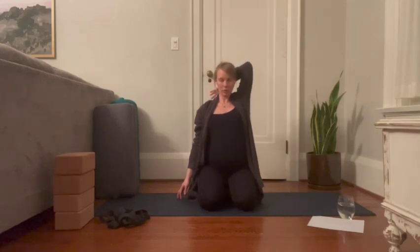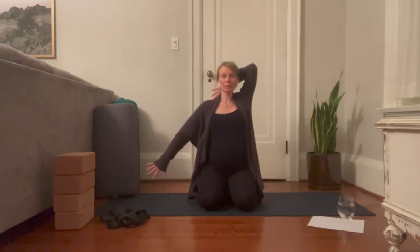and exhale, open the arms to the sides, stretch the palms down, reach through the fingers, and relax the hands towards the side body. Then we're going to take Gomukhasana arms. So reach the left arm up towards the sky, bend the elbow, and draw the hand down towards the back of the neck. And then turn the right palm to face back and draw the arm behind the back, bending the elbow. And if you can take the interlace of the fingers and find the bind, feel free to do